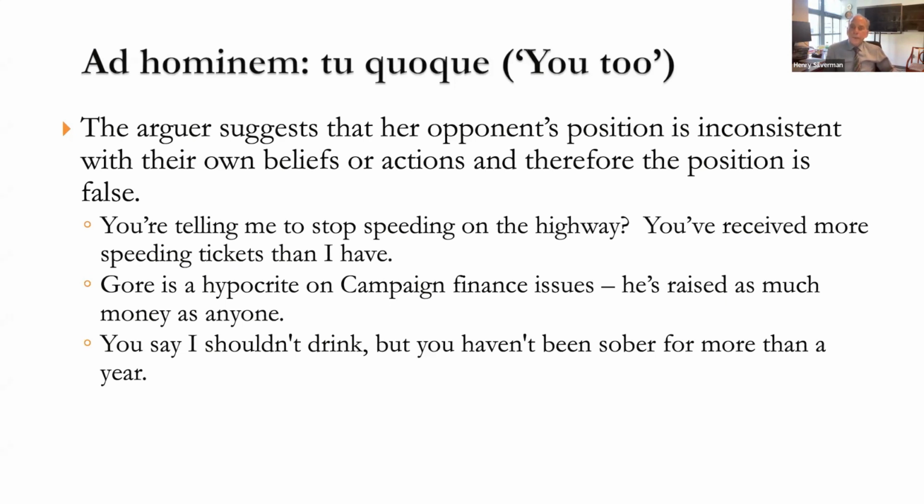So essentially, you're saying that an arguer or an opponent is giving a certain statement and it's inconsistent with their own beliefs or actions, and therefore the position is wrong. Well, just because there's inconsistency in what someone says and their behavior doesn't necessarily mean their argument is incorrect. Again, you want to have better reasoning as to why the argument is incorrect. You can't appeal to their behaviors.